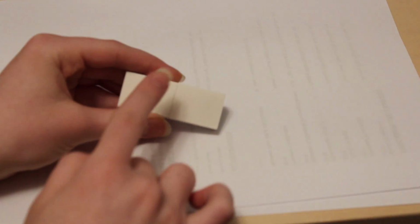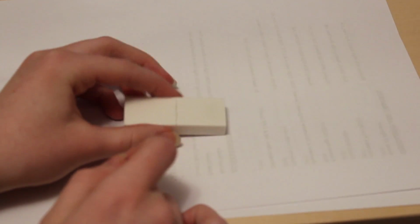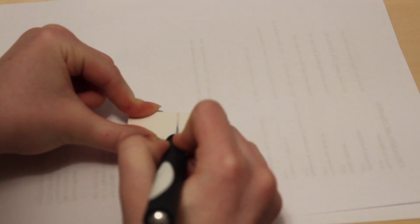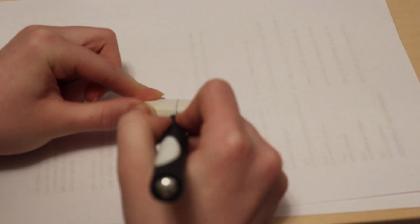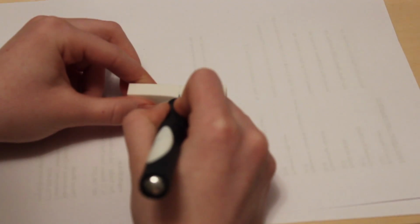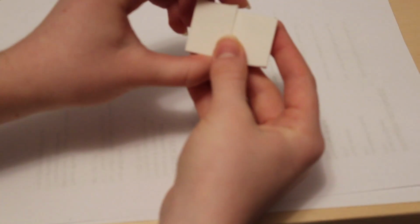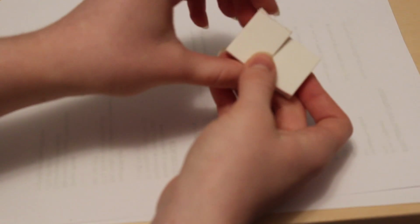Okay, so what we're going to do now is I'm only going to be using half of this, so I just drew a line, kind of eyeballed it. You can use a ruler if you want. And then we're just going to kind of score it. So just kind of press a little bit with your X-Acto knife on the sides. And then just kind of press down. It's actually pretty easy to cut in half. So I just cut it in half. And we're going to be using, that wasn't a very good half, but we're going to be using this to